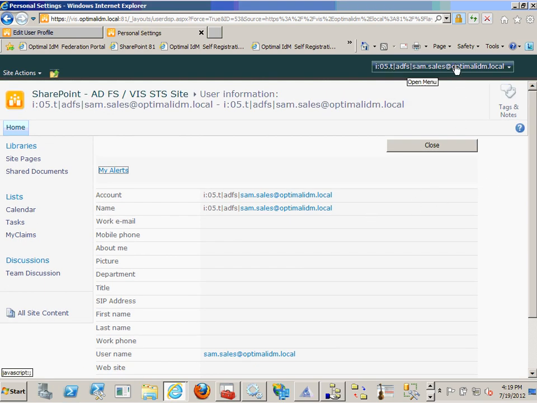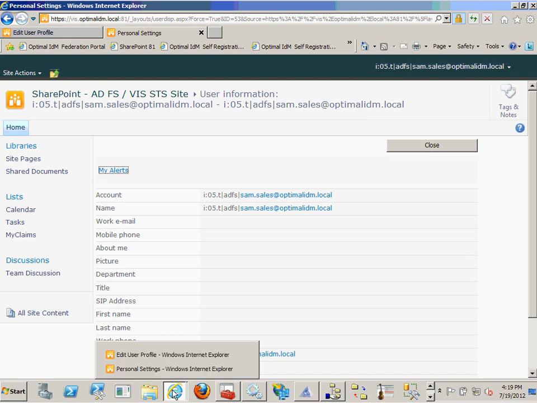But first thing I want to note that you'll notice here, if I refresh his screen, he still has the ugly username out here. That's because the profile sync job inside of SharePoint has not run yet. Now if you give it enough time, it will run,